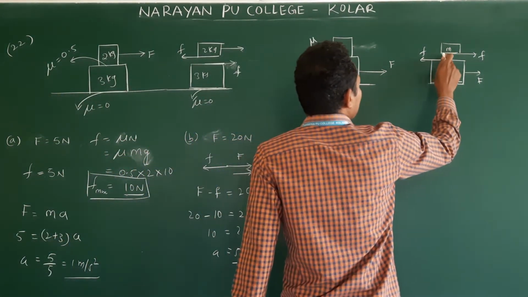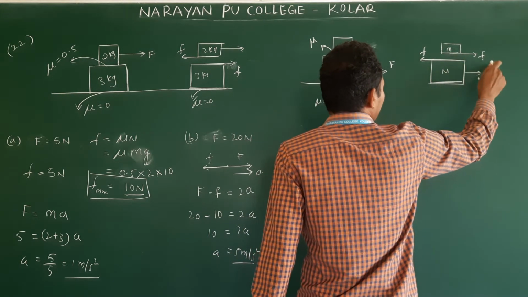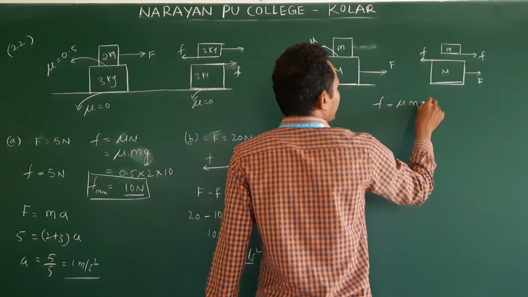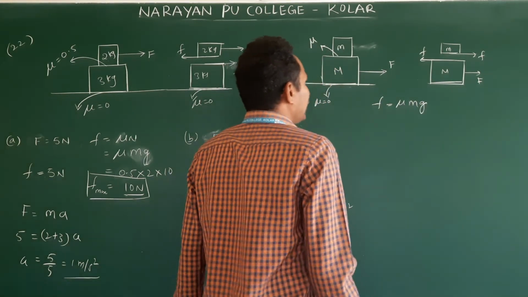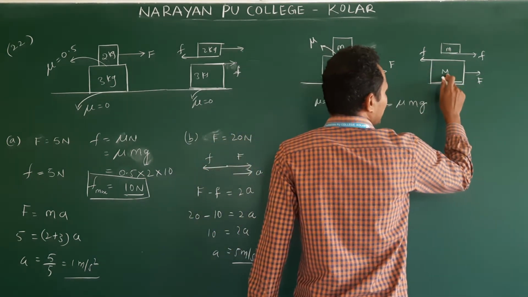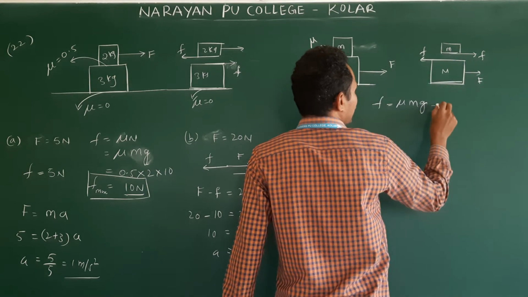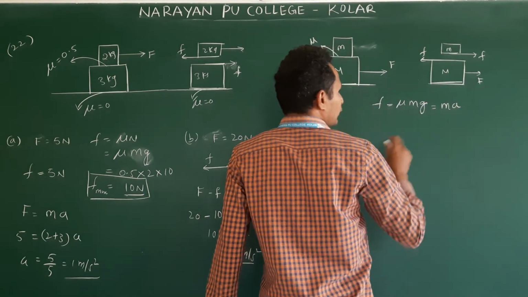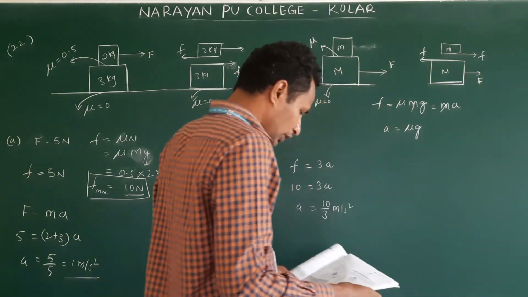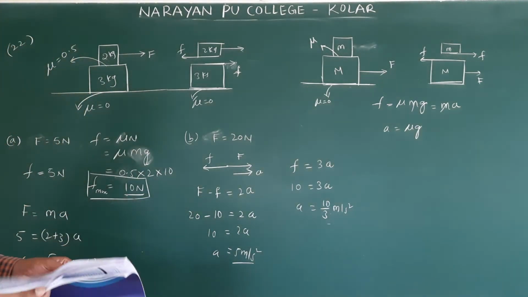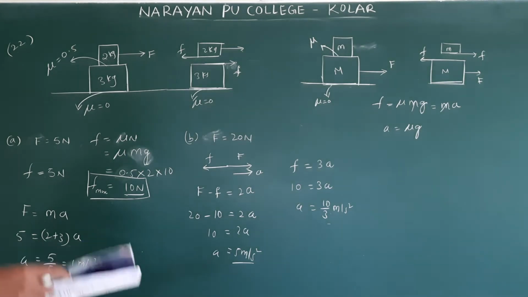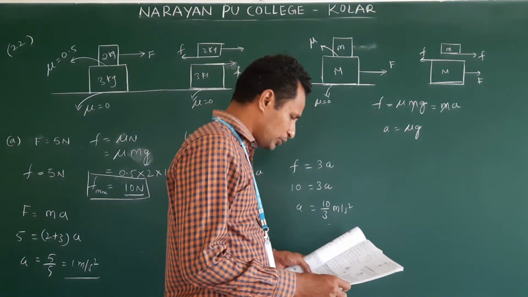Understand? So which is taking the object forward in the direction of F, small f is taking, friction. That is mu mg. Clear? This friction causes acceleration of object A. Whatever the acceleration of object A, same acceleration there for this object. This is equal to ma. So m, m cancel. A is equal to mu g. Clear? So check the options. Option 1, it's correct.